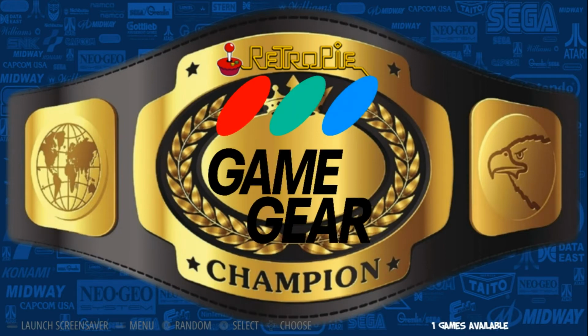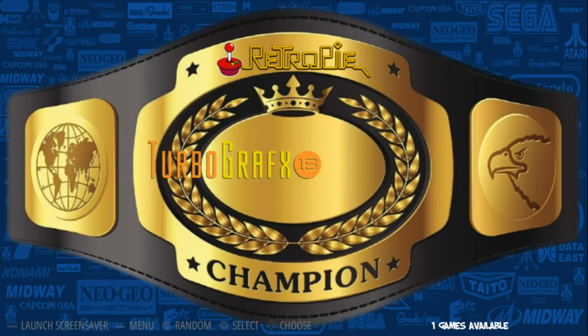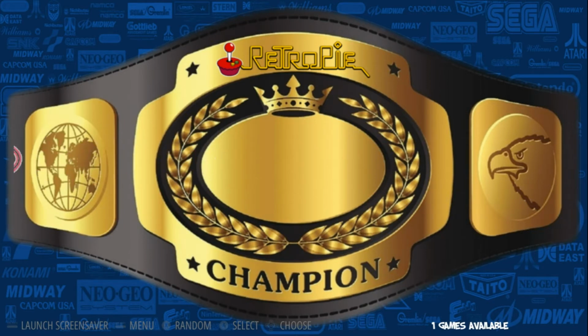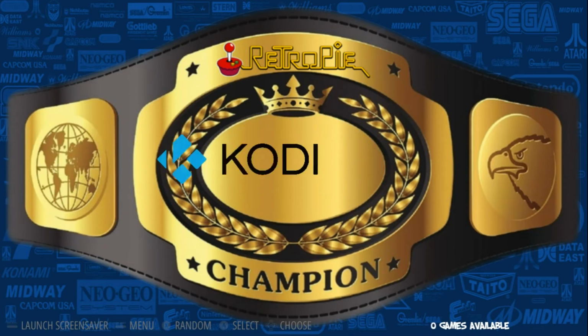Game Gear, way out of size there, I've got to modify that one, PlayStation, PS2, I'd like to shrink that down a little bit, PSP as well, TurboGrafx 16, PC Engine, I really like the way that looks, that fits in there nicely, Commodore, this is Commodore 64 by the way, Daphne, ScummVM, this is the WonderSwan Color, Cody, Amiga CD32, the Amstrad CPC, I need to enlarge this one,